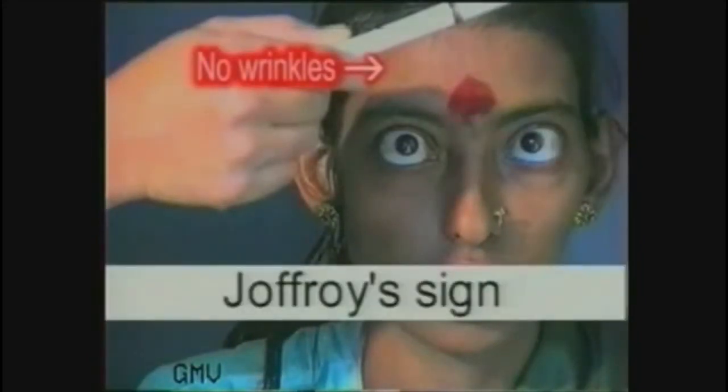Now ask the patient to look upwards with the head tilted slightly downwards. Look for the transverse wrinkles over the forehead, which are seen in a normal individual in this position. Absence of wrinkling of the forehead in thyrotoxicosis is a positive Geoffroy's sign.